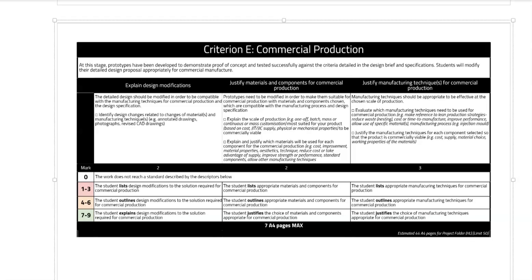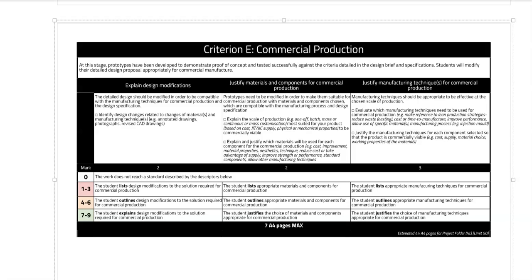The last part of Criterion E is justifying manufacturing techniques for commercial production. So we need to evaluate which manufacturing technique would need to be used to make your product commercially produced. So we need to think about whether you're going to have lean production strategies to reduce waste, whether you're going to have just-in-time manufacturing,